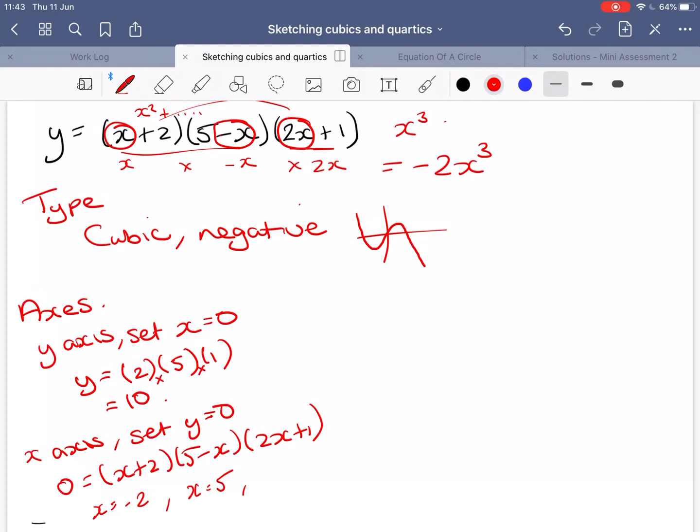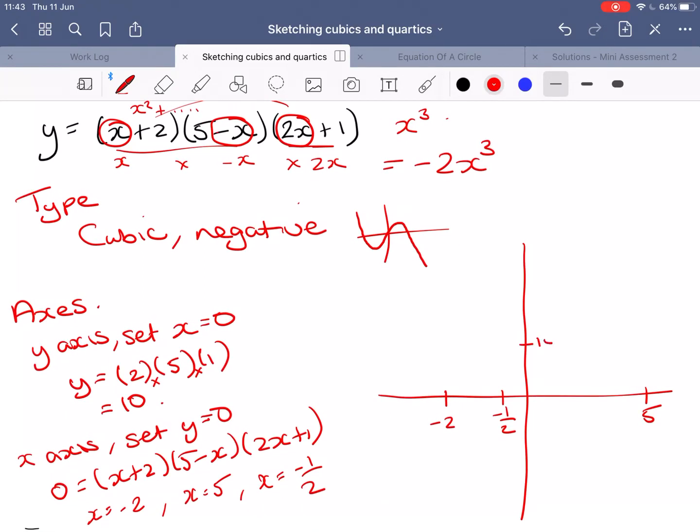And for the second one, 2x plus 1 has to equal 0 for that third bracket to be 0. So that means 2x must equal minus 1. So x must equal minus a half. Okay, and now I've got my axes. It's going to cross at 5, minus a half, and minus 2. It's going to cross the y-axis at 10. I know that the shape has to be this one over here. So I know it's going to start in the bottom left. It's going to come up,